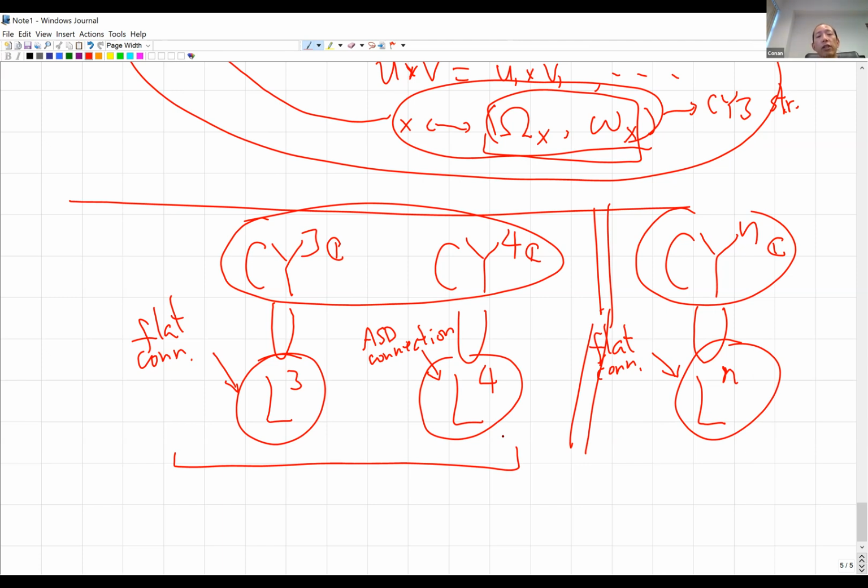In dimension 4, you can get anti-self-dual connections. In dimension 3, the flat connection is a very rich theory, giving you Chern-Simons theory. And now we're just looking at its complexifications. That's also why you see that this is a quaternion theory, and this is the octonion theory. So the usual low-dimensional topology, where people study 3- and 4-manifolds, you can view as a study of quaternion geometry. And now we are upgrading to understand octonion geometry.